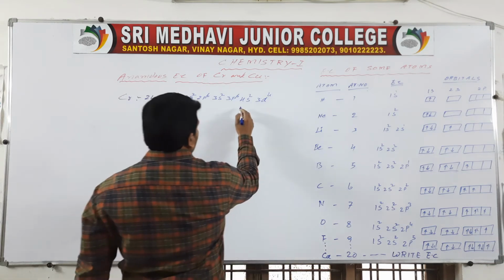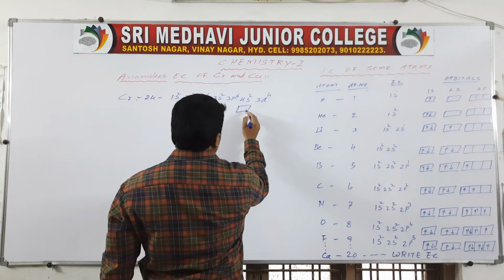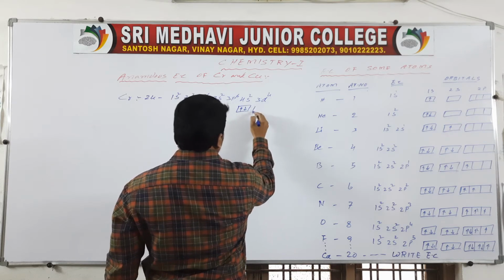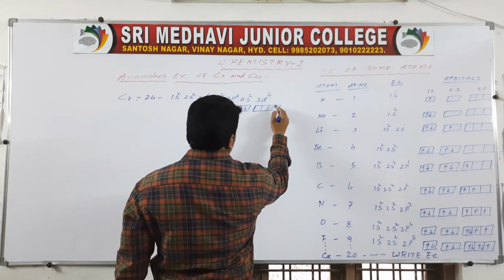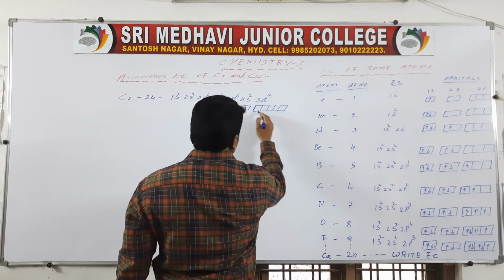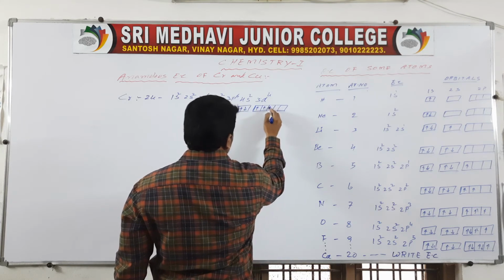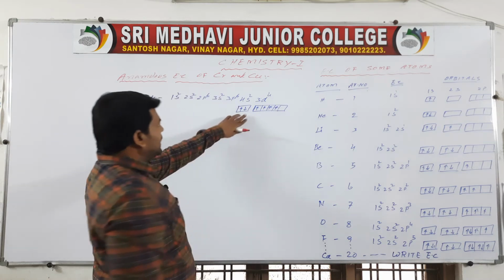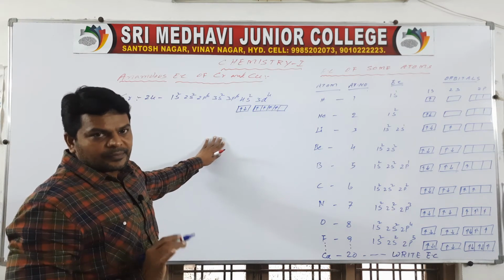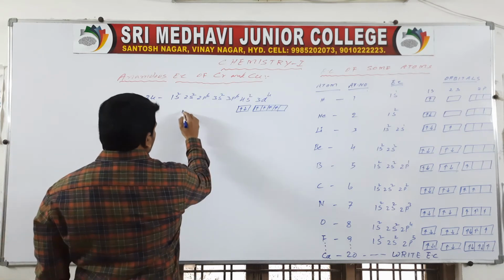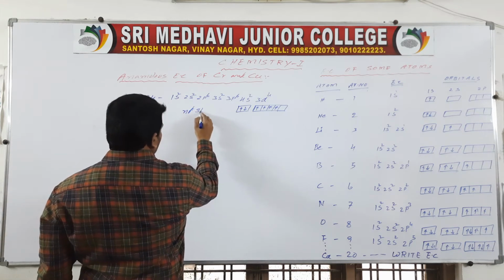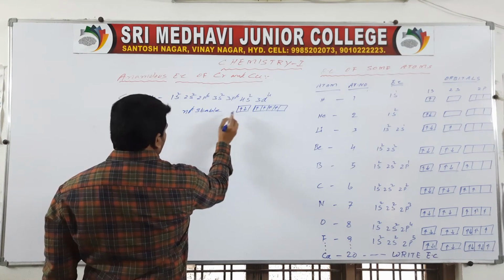So here in s orbital how many electrons? 2. In d orbital how many? 1, 2, 3, and 4. It is not stable. For getting stability,